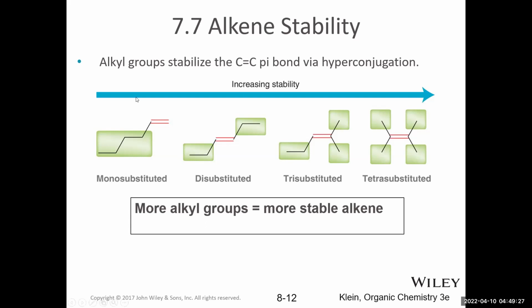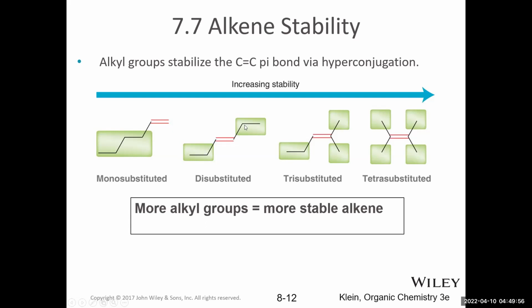So you can see this increased stability line as we go from a mono-substituted alkene. And to figure out the substitution, we just look at these two sp2 hybridized carbons and ask how many non-hydrogen groups, typically carbon or alkyl groups, are attached to these two carbons. So you can have as many as 0 if all 4 groups were hydrogen, or 1, which we would call